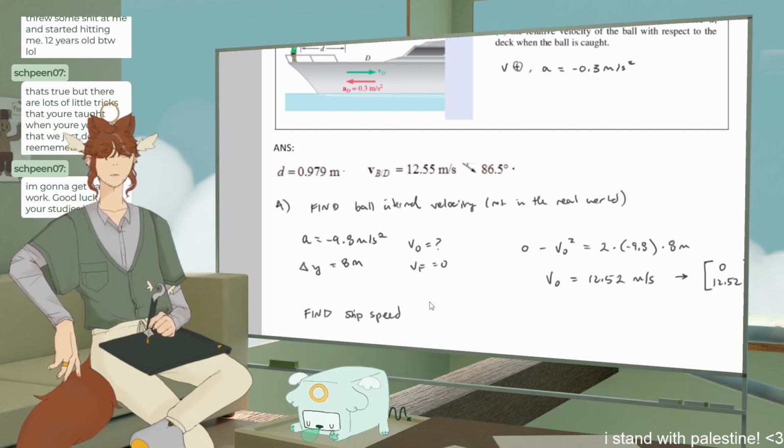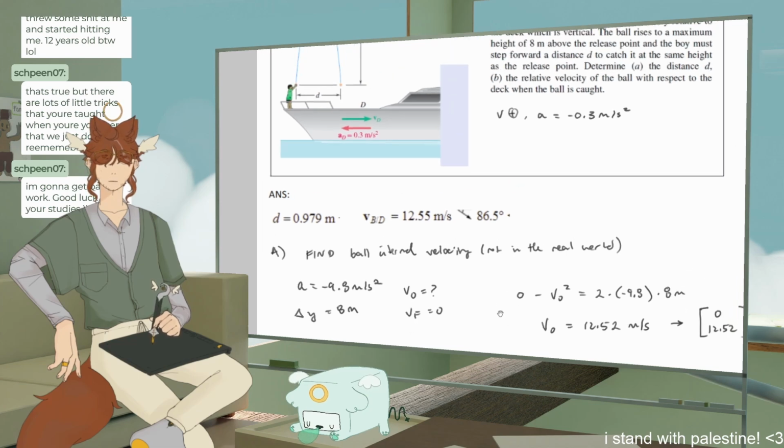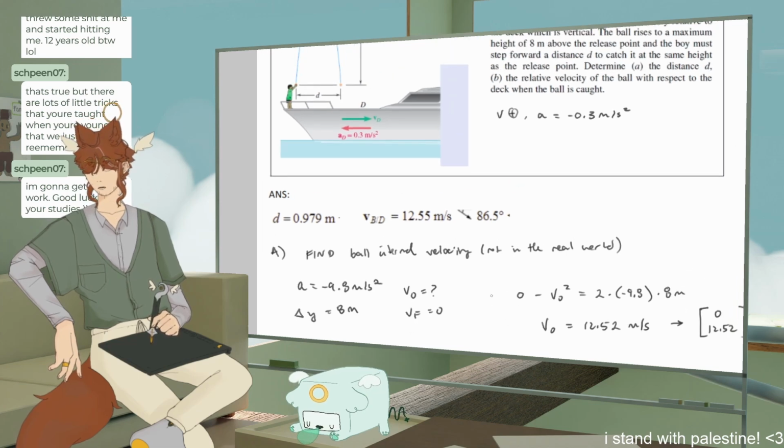So we can't find the real ship speed yet, but we know that Vx is caused by the ship moving. That's the only way we have this arc, right? Because if we have our components of velocity, they throw it straight up. If you just throw a ball straight up, it's not going to go